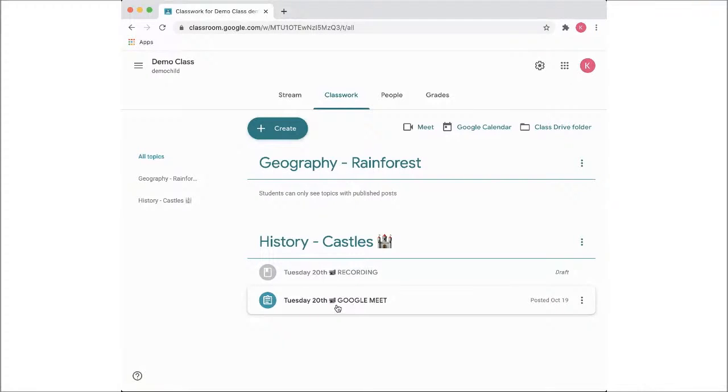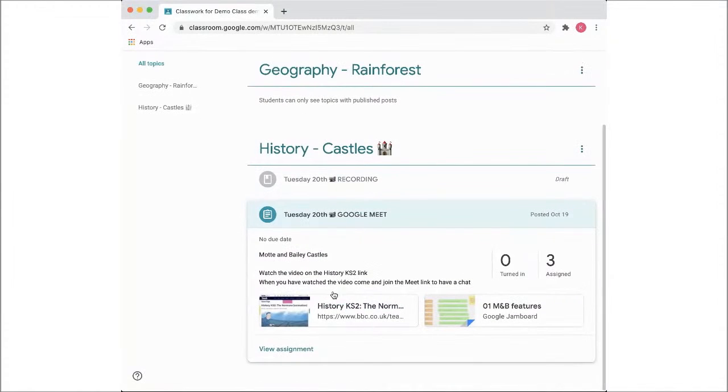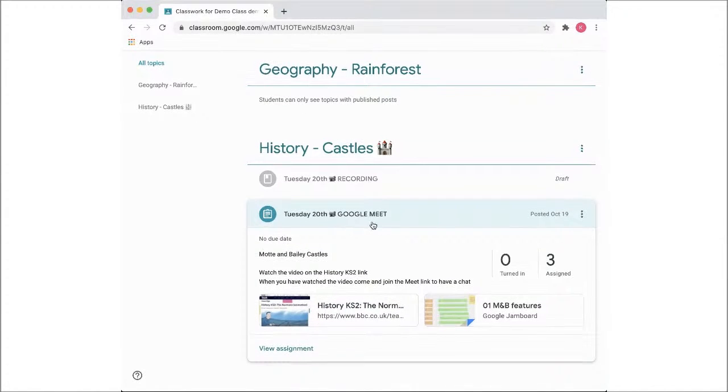So we developed this way of labeling our lessons with, you have to come to this one at the time that is on the timetable because we are going to have a Google Meet. And then again, we included a little video camera for those that may not have understood. And here's an example of a synchronous lesson. So this one is if the children were to watch this particular link about Motte and Bailey castles first, then have some form of input from me by joining a Google Meet if they weren't in the classroom,